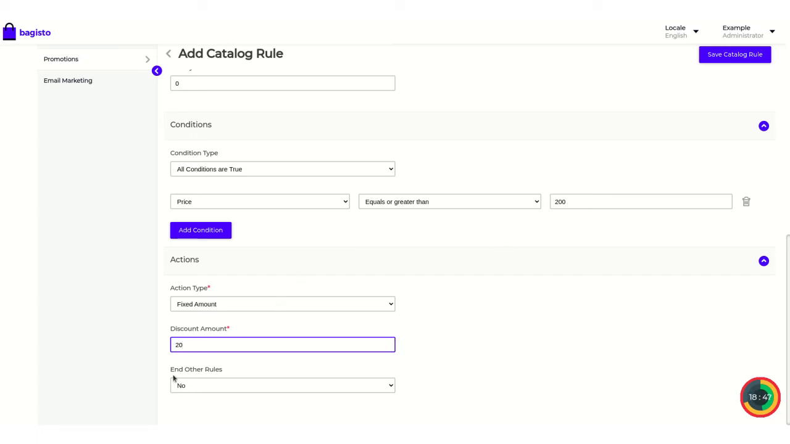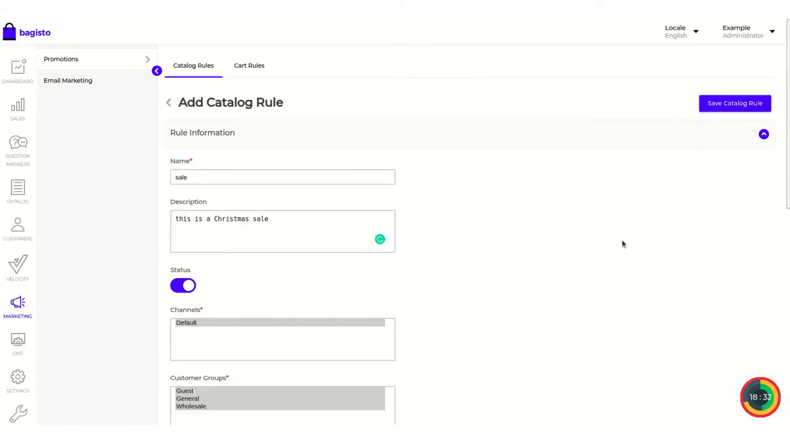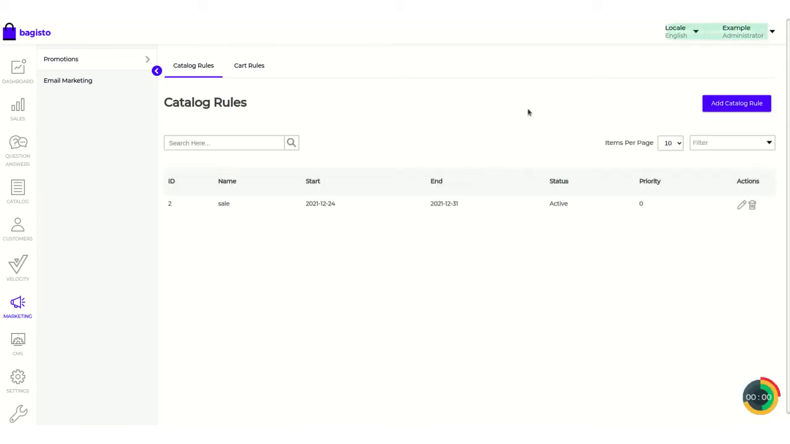Now the last one is end another rule. The admin can set it as yes or no from the drop down menu. If the admin wants to end another rule, the admin needs to select yes, else the admin can set it as no. After this the admin just needs to click on the save catalog rule button. After clicking on the save catalog rule button, we can see that the catalog rule has been created successfully,